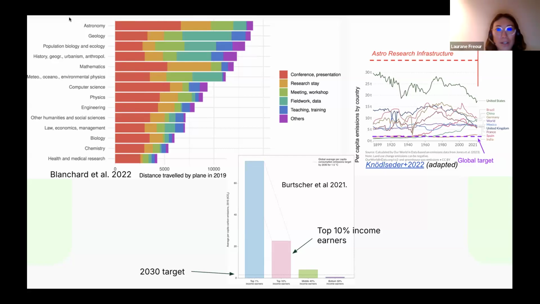I think it's linked to what you're discussing right now. In the astronomy part, it's not taking into account all the footprint coming from observational infrastructures, right? Because from Jorgen's study, it's 36 tons of CO2 per astronomer per year. So I think that in this Blanchard et al. 2022, they might not have taken this into account, so it would be way larger. Actually, this is just accounting for the plane travel. So yeah, I agree with it.